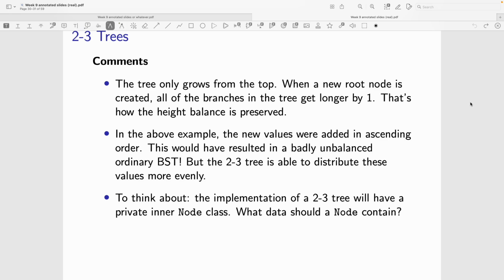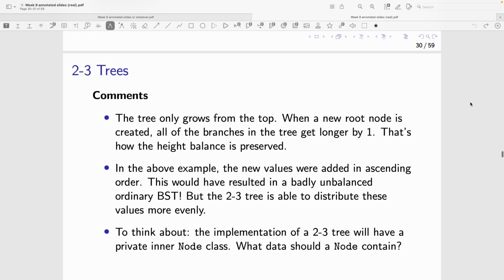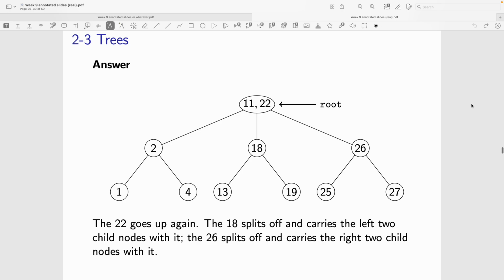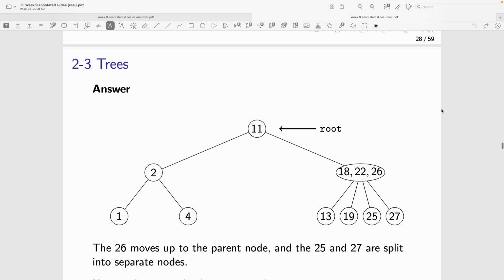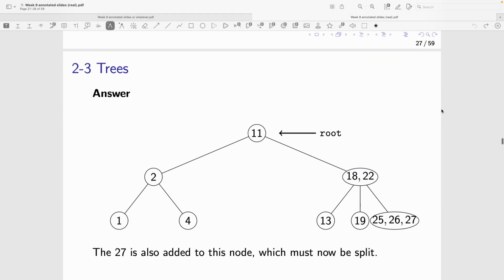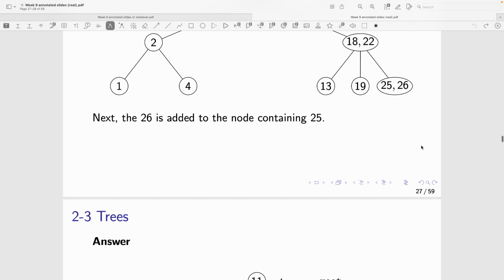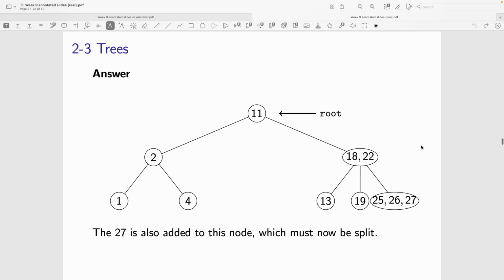So if you're implementing a 2-3 tree, which may or may not happen on the next assignment, no guarantees, you'll of course need to have a node class, and programming it might get a bit weird because... Actually, I'm going to go with this. Because nodes can have